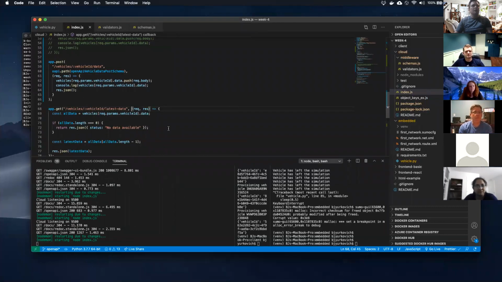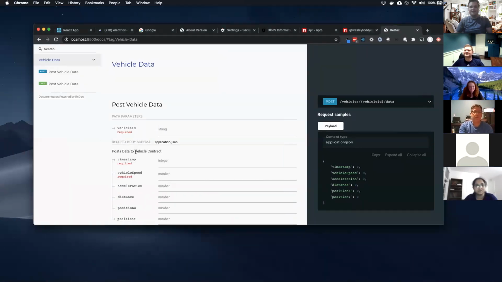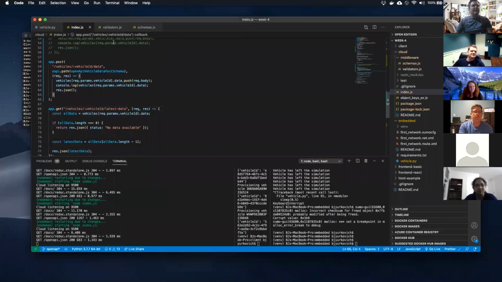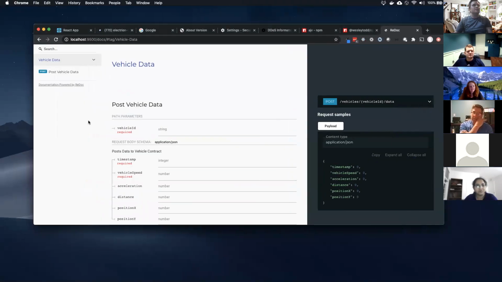So that is an exercise to the reader to go through and document all of your routes. There you go. And so you'll notice that I added the tags there, and you can add multiple tags. Let's add another one, data tag, and you'll notice that it did vehicle data and a data tag right there.